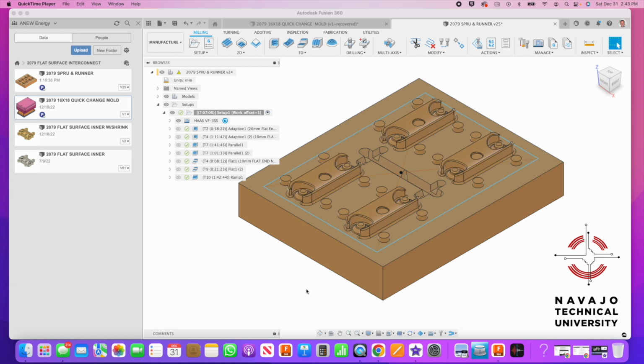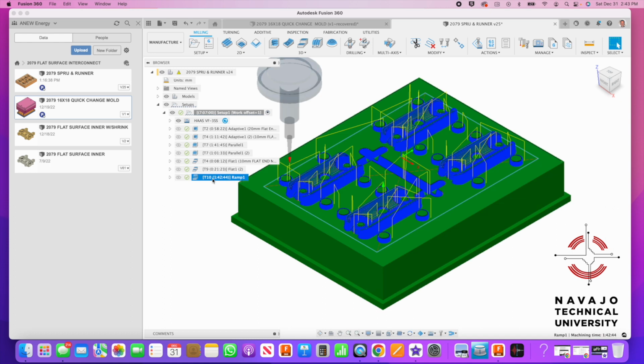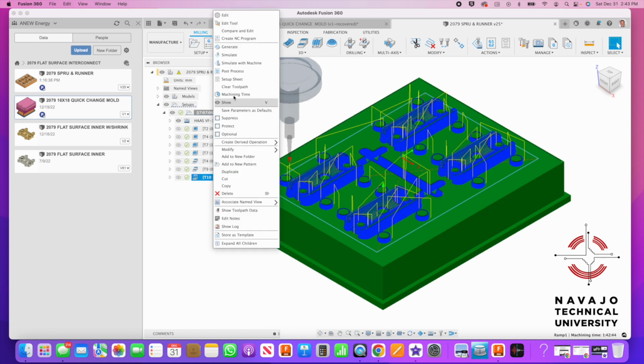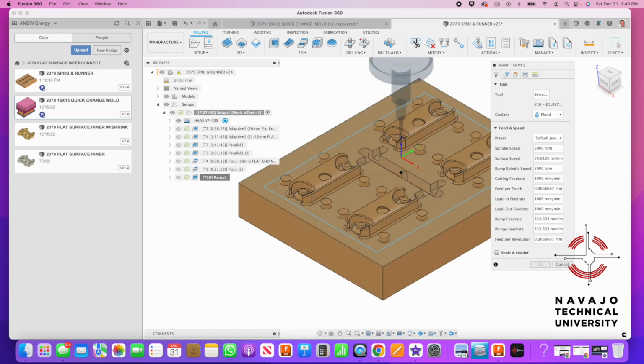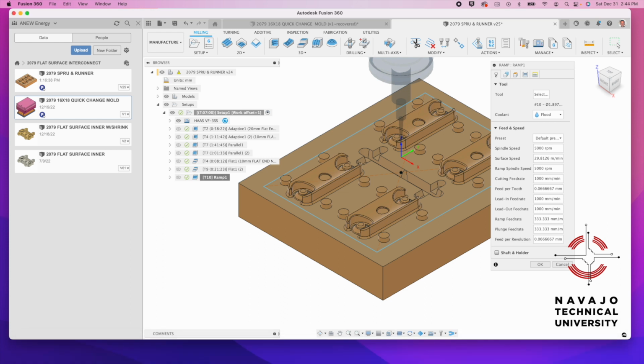Okay, let's talk about the final finish on everything. What we try to do is to really refine everything down so there's not so much polishing. So imagine like each step over on a ball end mill leaves a little cusp. And what we can do is we've gone into this ramp, and if I right click and I go edit, and I look at the amount